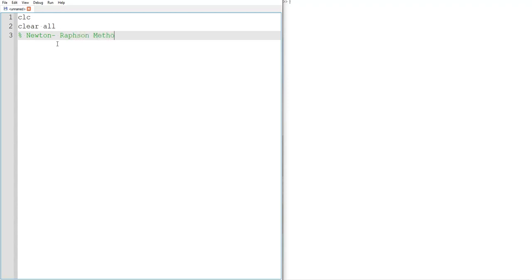So I'm writing very simple code. That is the command I am giving for the Newton-Raphson method. First we have to assign the variables, the given parameters. Now here L is given, so L is actually